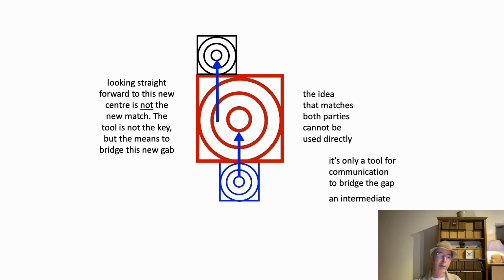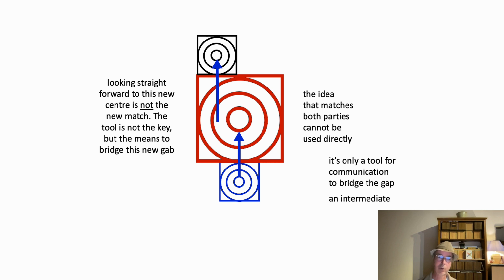So if we look straight forward, the center of this, an extra point that you should not forget. So we have a tool, we have something that the other one understands and we understand. So if you would use this tool as a means to communicate and say like, I understand these things, so you understand me. No, that is not possible. You cannot use the center itself as the new match. It is an intermediate. It's not the connection itself. It is an intermediate